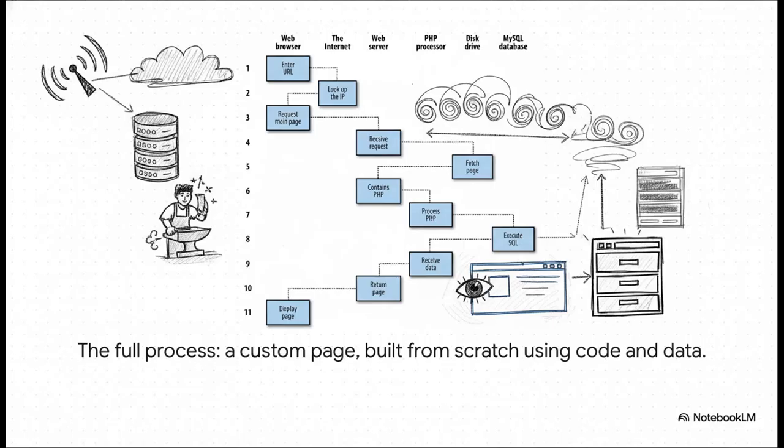Okay, so now we can see the whole shebang. The request comes into the web server, which realizes it's a special order and passes it to the PHP processor, our artisan. The artisan then checks the MySQL database, the card catalog, for your specific data. It uses that info to assemble a brand new web page. And finally, that finished, custom-built page gets handed back to the web server, which sends it right over to you. A completely unique page created in just milliseconds.